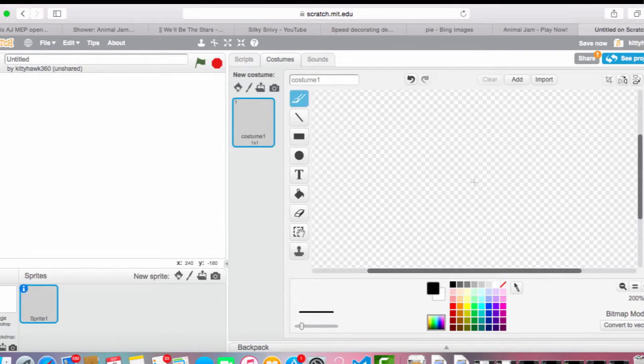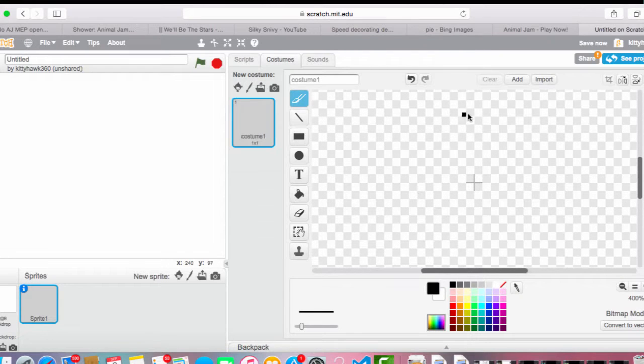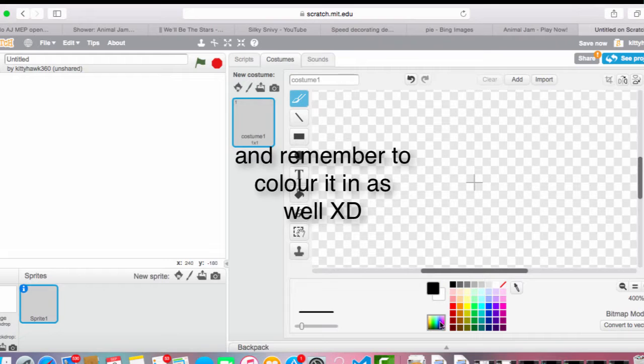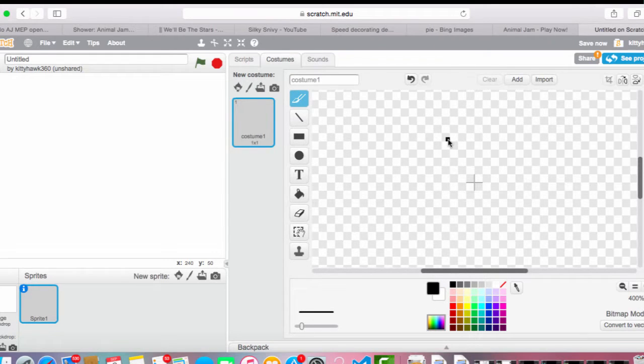So the paint system on Scratch isn't great, but it's not like Paint Tool SAI. It doesn't really need to be great, so don't spend ages drawing it. Just draw a basic outline with the clothes and everything, and yeah, it doesn't need to have chaining or anything. If you can't draw it, then you can get someone to draw it for you, because you only need about one picture for this animation that I'm going to show you.